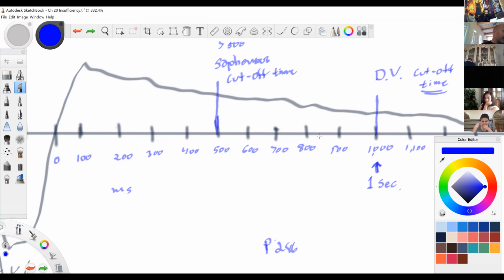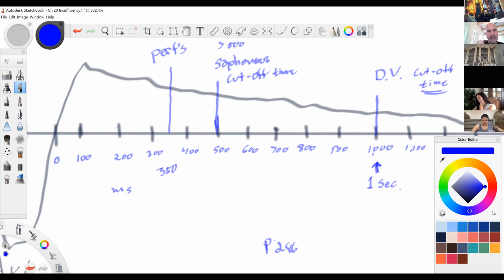And then, 350 for the perforators. So here's our cutoff time for the perfs. So the perfs cutoff time is 350. That kind of makes sense. The perfs are small. They're just going from one vein to another vein. They got one little valve in there. You shouldn't be giving them a lot of time. They should close and be done doing a normal amount of backfilling in 350 milliseconds,